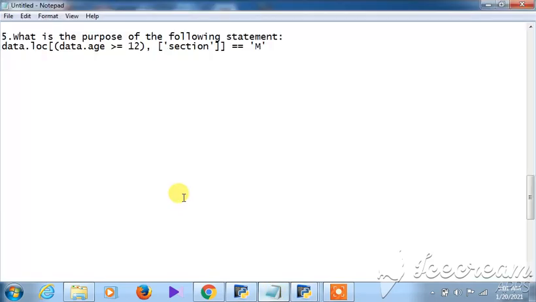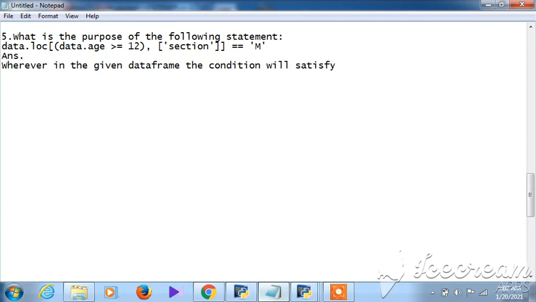So let us come back once to the solution. The answer here: wherever in the given data frame the condition is satisfied, those data will be printed.